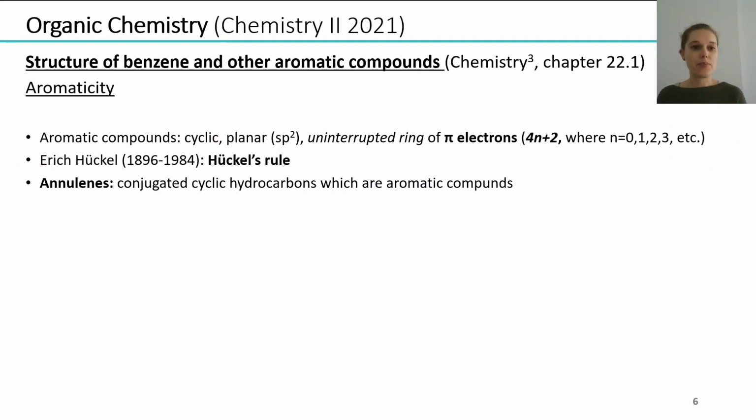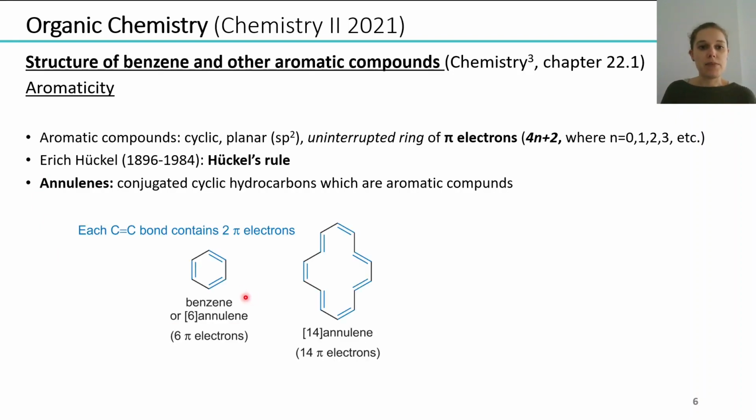compound is aromatic. And if we talk about aromatic compounds, we can also name them annulenes, and in front of this name we normally put the number of pi electrons. So, for example, if we have benzene, we could also say it is 6-annulene because we have 3 double bonds and each double bond contains 2 pi electrons, so 1, 2, 3, 4, 5, 6. It means we have a number of pi electrons of 4 times 0 plus 2,